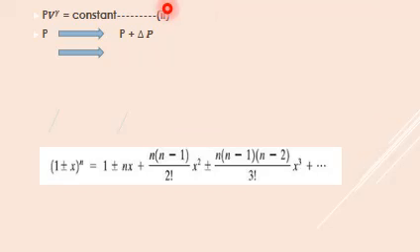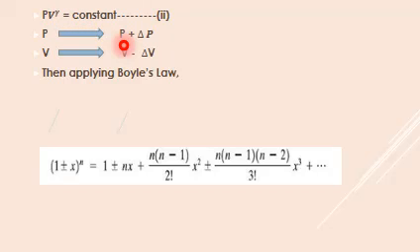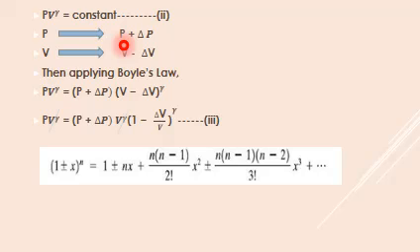So again the pressure will change from P to P plus delta P, and the volume will change from V to V minus delta V. So again, by applying this, we can put the values in equation number 2 as (P plus delta P) into (V minus delta V) to the power gamma. So it's PV^gamma, and what I have done in the second equation, in the second figure, is take V^gamma common, so I can make the internal expression as 1 minus delta V upon V.